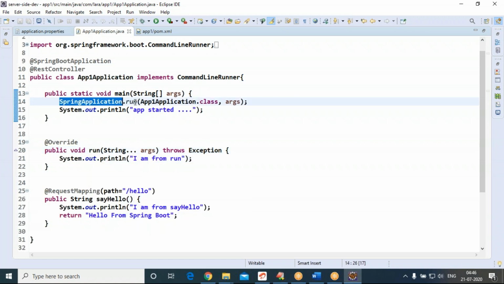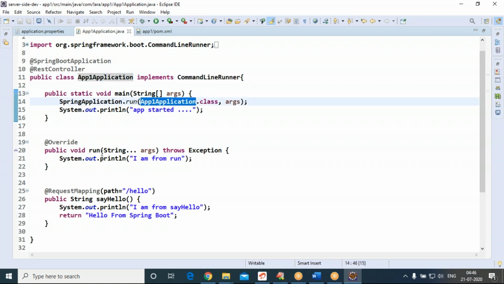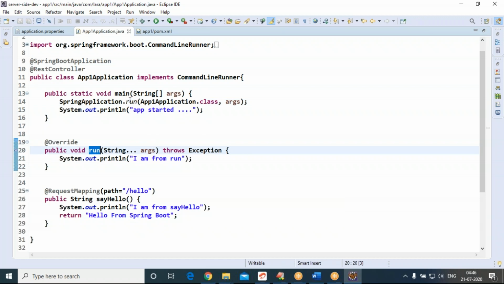The SpringApplication run method takes the application class as an input. If this application class is a type of CommandLineRunner, then from this application class, the run method is executed. Creating an object of the application class and calling the run method is automatically taken care of inside the run method of SpringApplication.